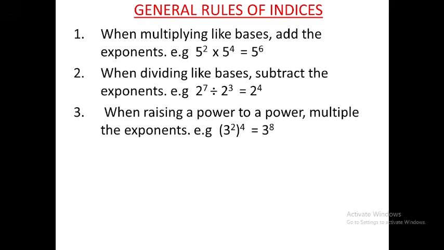The third rule says that when raising a power to a new power, multiply the exponents. Like you can see, 3 exponent 2, everything raised to the power 4. Here we maintain the base, which is 3, and multiply the exponents. Hence 2 times 4 will give us 8. That is the third rule. The fourth rule says that